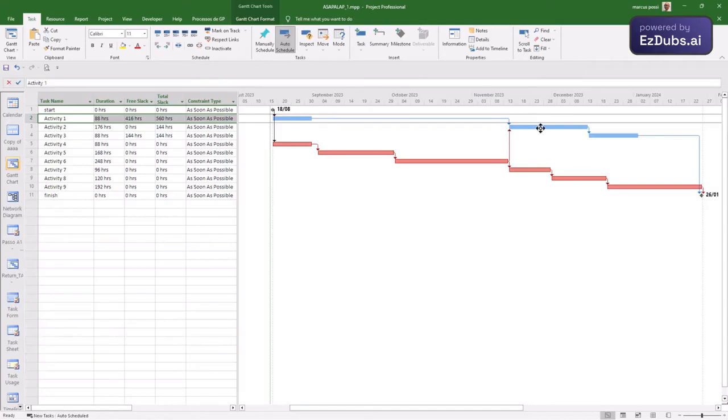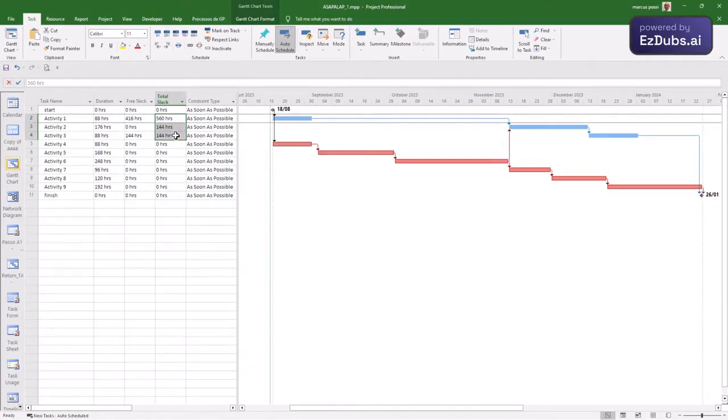Activity 2 can also be delayed or rescheduled because it takes 3 with it, and 3 is far from finishing the project. That is, activities 1, 2 and 3 have total slack different from 0. They do not represent a serious problem for the delivery date. They can represent other problems, but not for the delivery date.